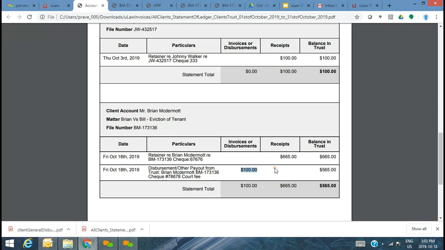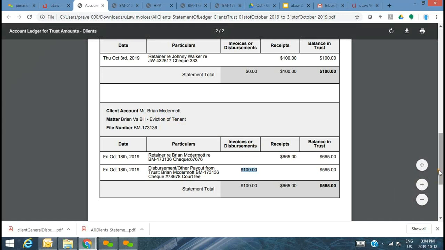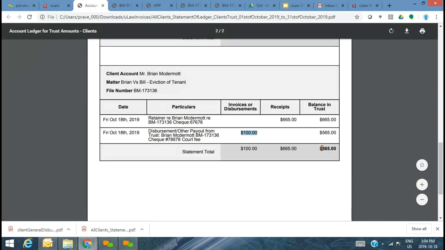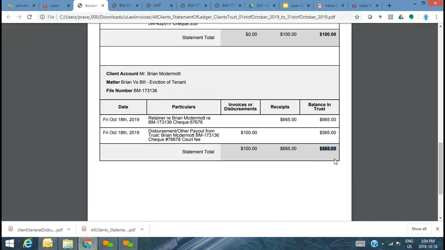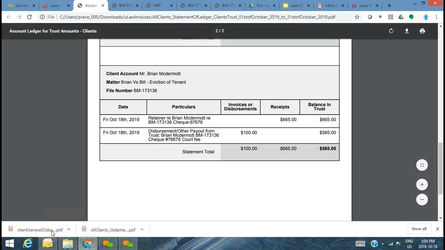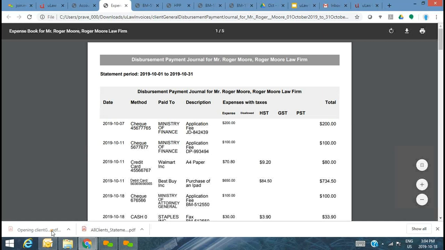And what story does this tell? It tells you the story that you used the trust account to pay out $100 towards the court fee for this client for this particular matter. And in fact, it tells you that you're yet to do the trust transfer of $565 of eligible trust transfer from your trust to general. So an auditor may actually catch that and in fact help you by letting you know that that's the eligible money that you can actually move from trust to general. Okay, that's the story that this particular ledger is telling you.